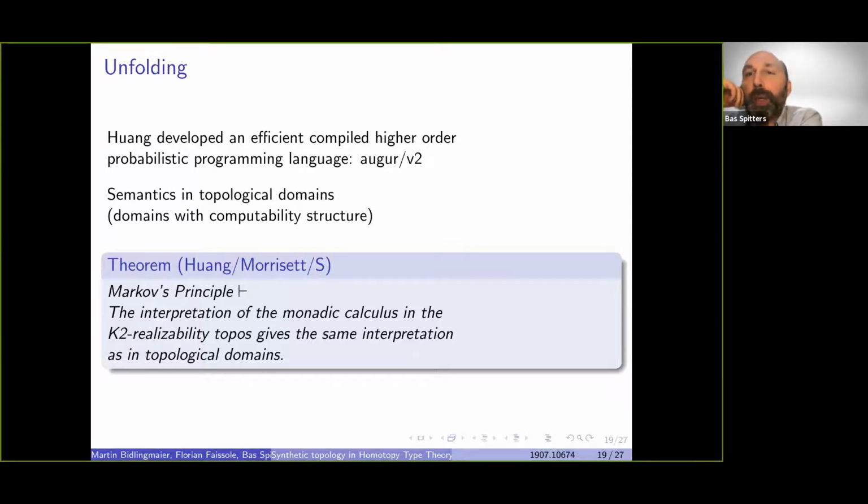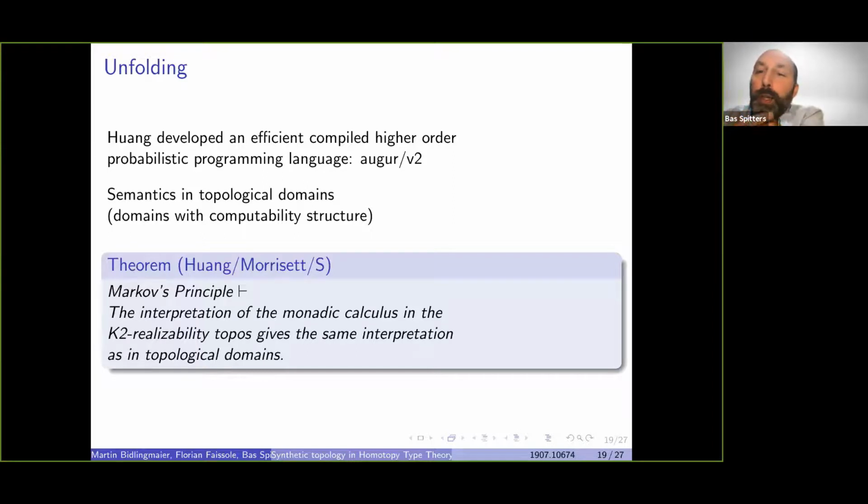So he came up with the semantics in what are called topological domains. So these are domains with an extra computability structure. And then one came to visit, and we worked out together that actually if you